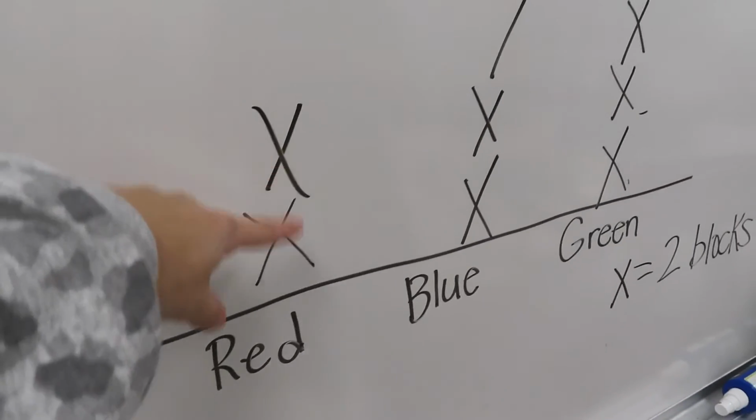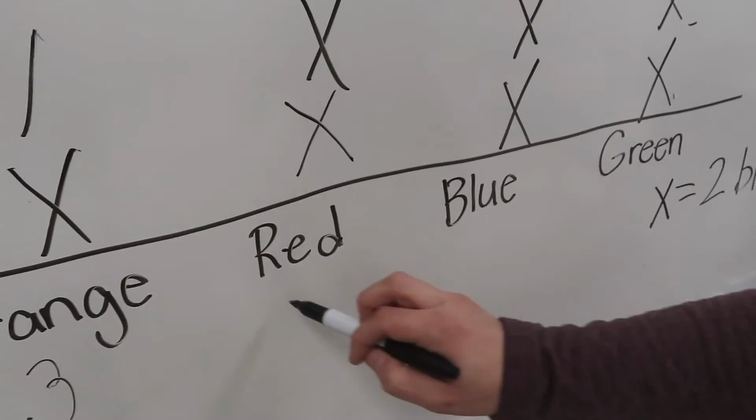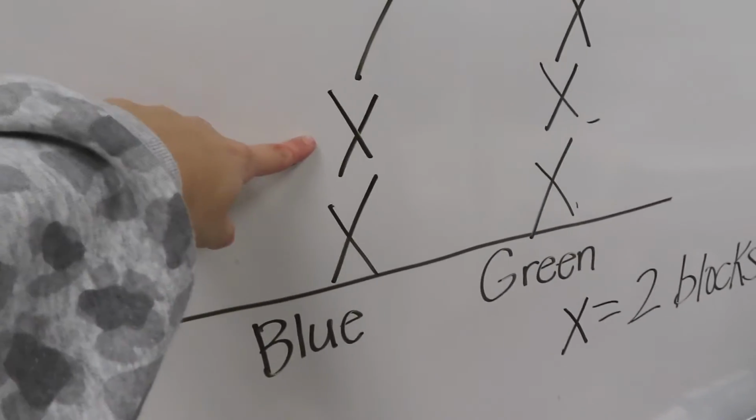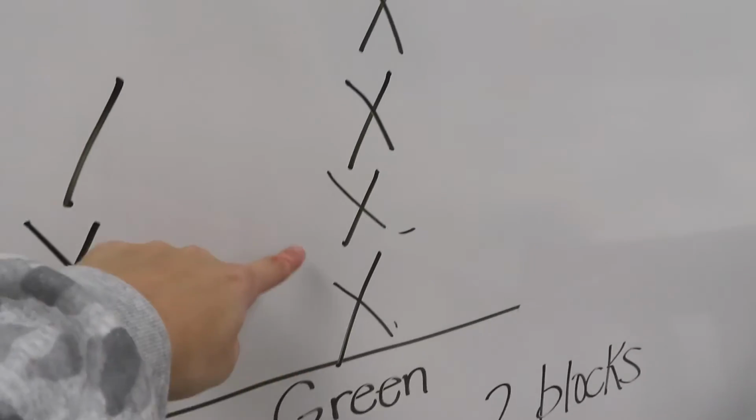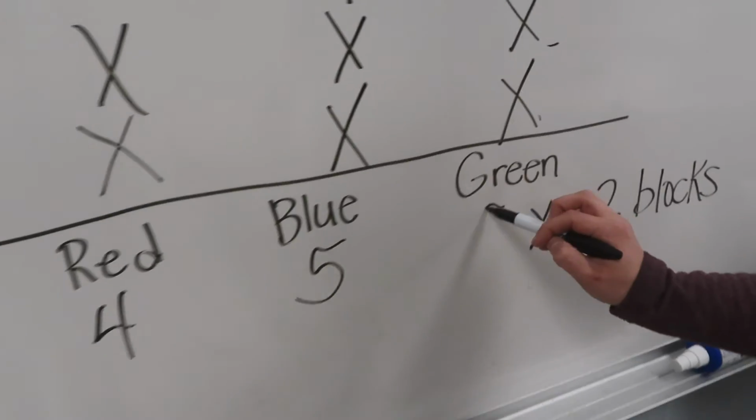And then for red, we have 2 full X's, so 2, 4. Blue, we have 2, 4, and then 1 more, so 5. And green, we have 2, 4, 6, 8. Woohoo! Alright, so if you want to make your graph out of our tools, our little toys, I'm going